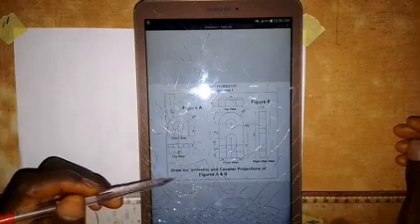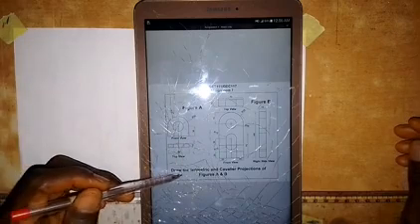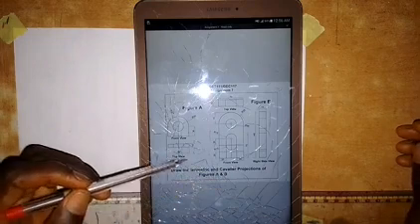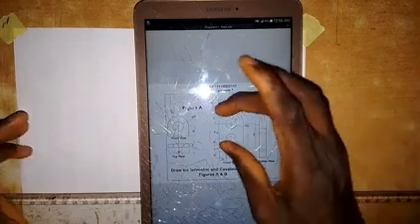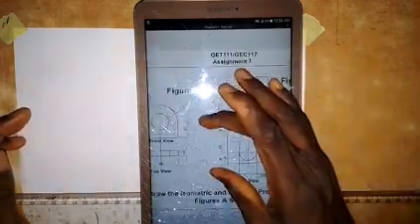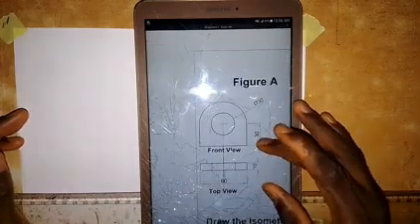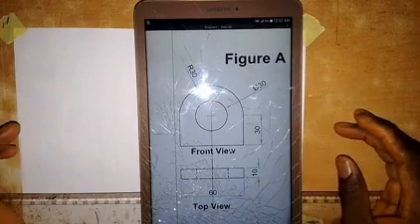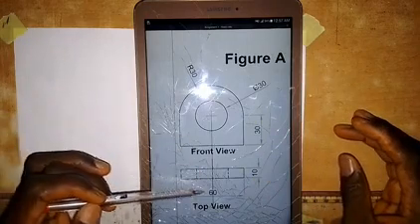And as we are instructed here, we should draw the isometric and cavalier projections of figure A and figure B. So we are working on figure A now, and we are going to be producing the isometric view of this object, as you can see on the screen. And here we have that